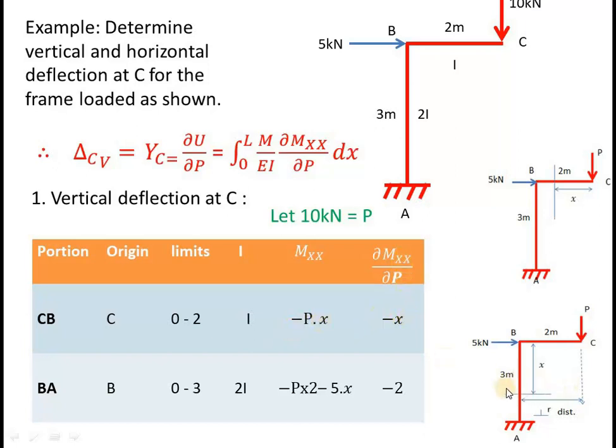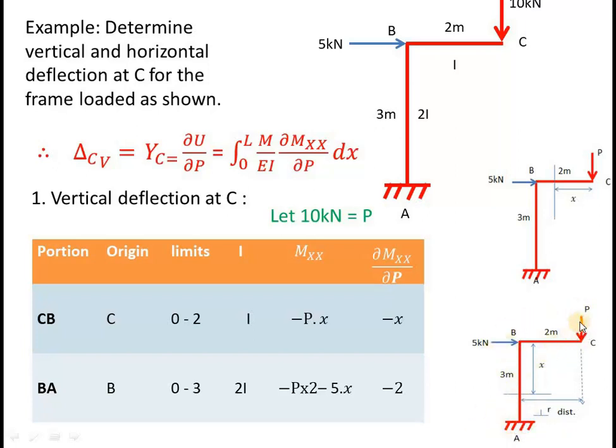If I take a section here, for the loads on bending moment you have to consider either the left side or the right side. Now I am considering the right side because only one load is there, whereas on the other side you would need to calculate the reactions. So avoid that, always come from the free end. When I take a section here, the loads on this side, this and this, you have to consider. If you consider the other side, you have to calculate the vertical reaction, horizontal reaction and moment here. So I am avoiding that and coming from the free end.